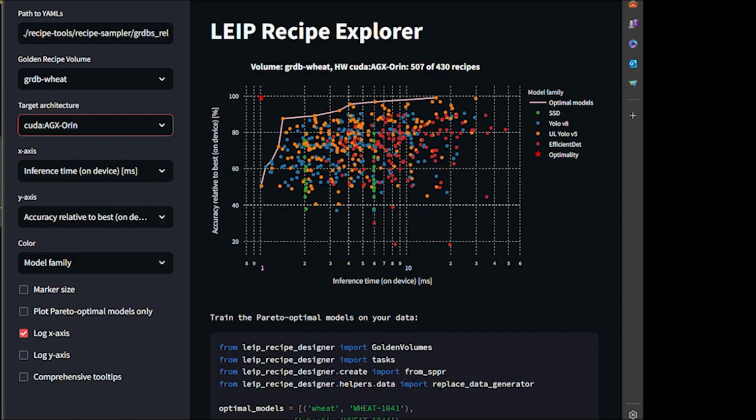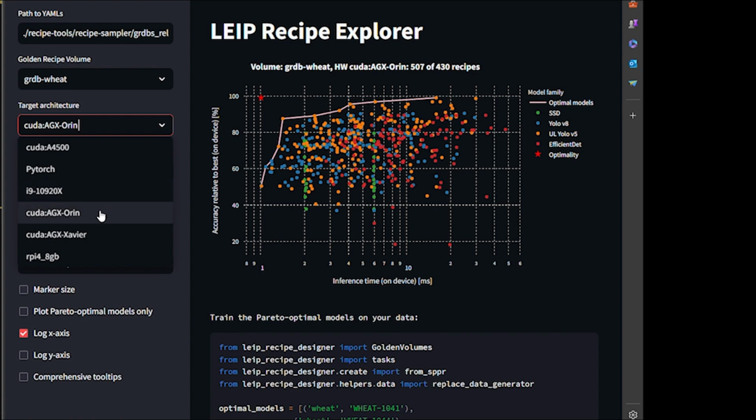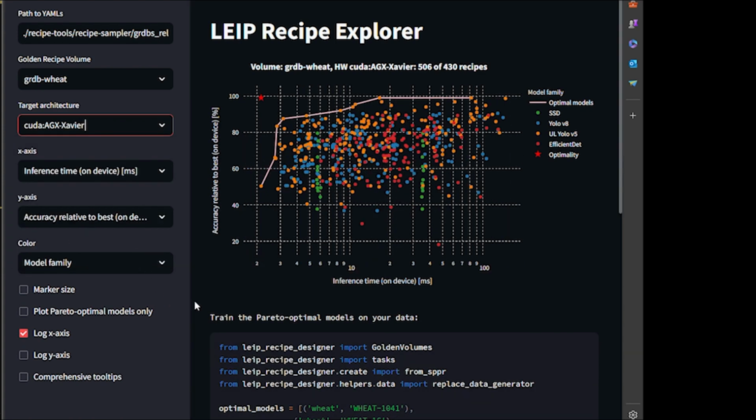Let's look at our scenario 2, the need to change the hardware from the Orin to the Xavier. The first thing we're going to do here is, with the drop-down for target architecture, I'm going to select the Xavier device because I want to see only recipes that have been benchmarked for the Xavier. My biggest question right now is, can I accept these Xaviers? I know there are less expensive, smaller, older devices under a different NVIDIA architecture. Can I even get those 10 milliseconds per inference for a detection model on the Xavier and keep also my